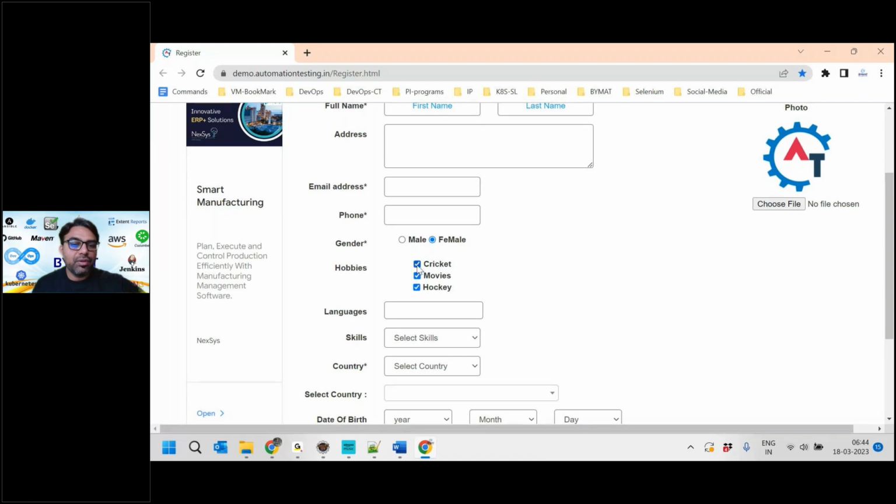So how to work on this? And then we have some more web elements. So we'll be looking into a drop down box and all those things. So we'll work on how to deal with this radio button and the checkbox. Quickly I'm going to go ahead and create one class,